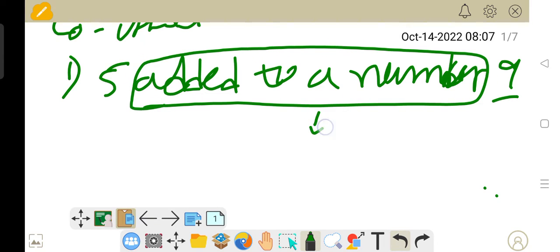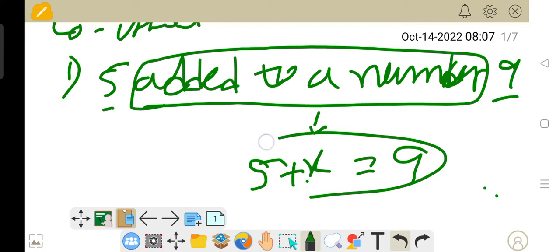Let the number be x. In mathematics, the unknown things are denoted by the letter x or y or z, anything. 5 is added to this number, therefore 5 plus x is 9. This is the solution for that. 5 added to a number is 9. Next one is,